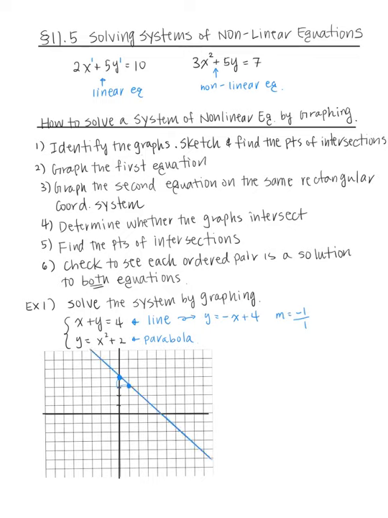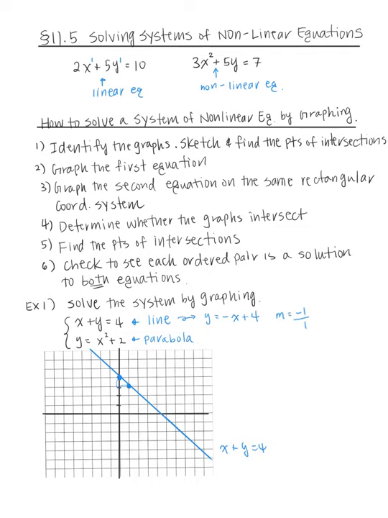Then I'm going to make a final dot and connect those 2 dots. This is the graph of x plus y equals 4, same thing as y equals negative x plus 4, but let me write down the original one: x plus y equals 4. Alright, we're done with the first one. Now let's graph the second equation, y equals x squared plus 2. The graph of that is going to be a standard parabola, but you're going to have to shift that parabola